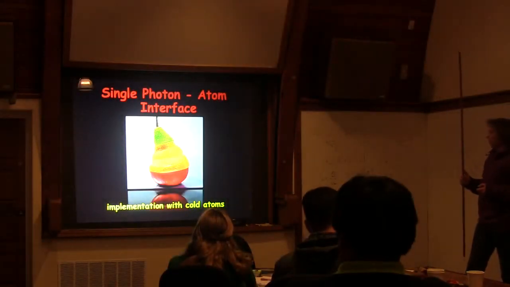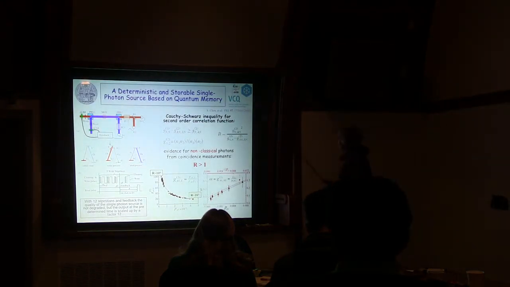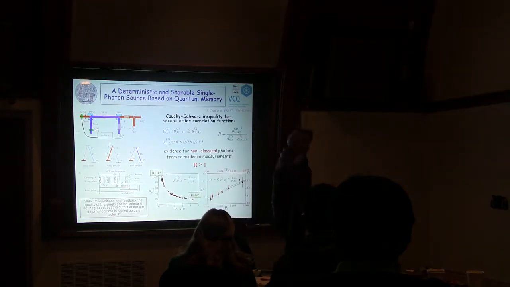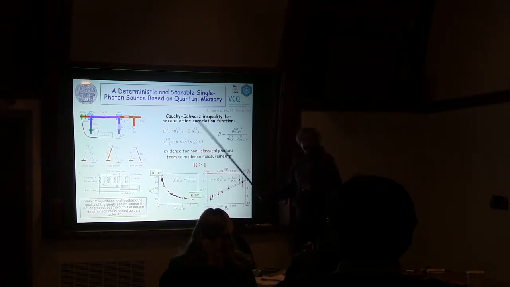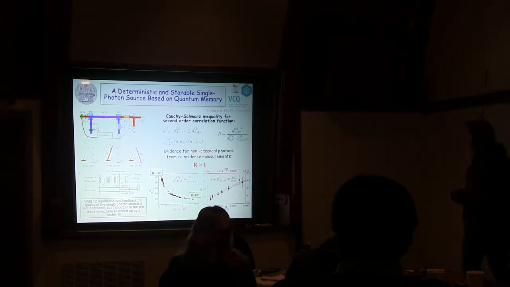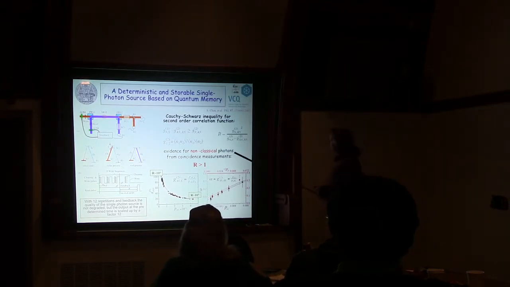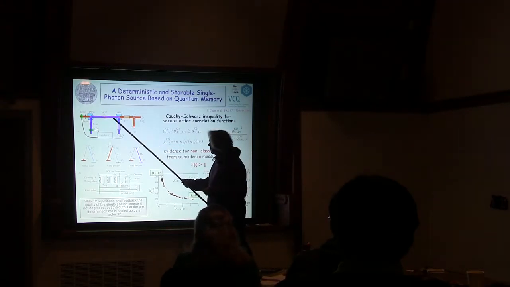So you go to cold atoms. The experiment becomes much more complicated because in between you have to put a cold atom setup instead of just a simple cell. But if you do that, you immediately get to this violation factor of 10 to the 6. So you buy a lot of overhead for your experiment. It's not a simple experiment anymore, but you can create really nice quantum correlated photons out of this